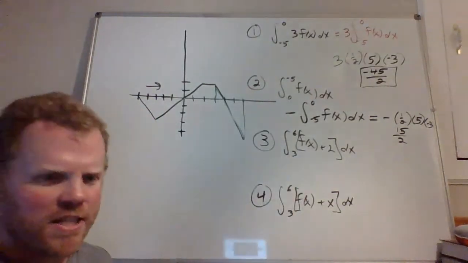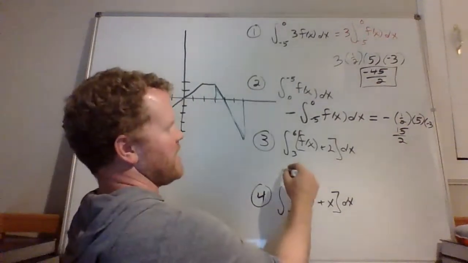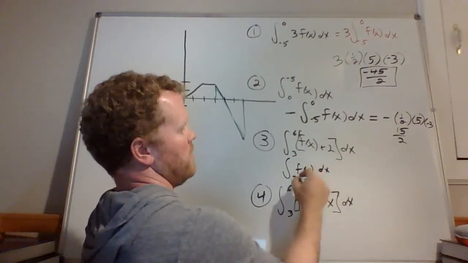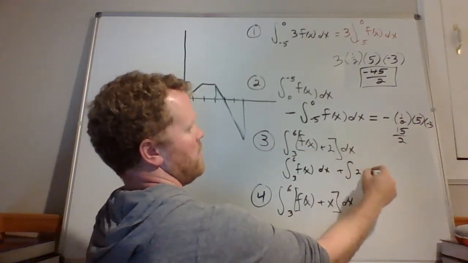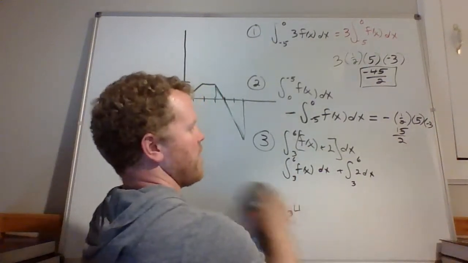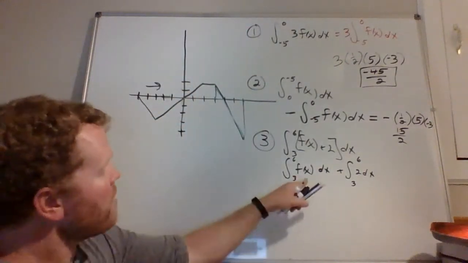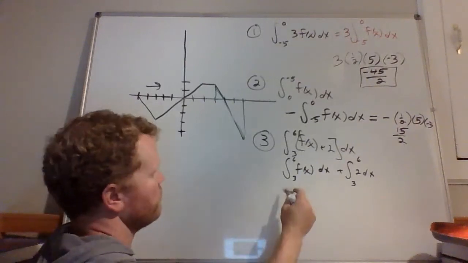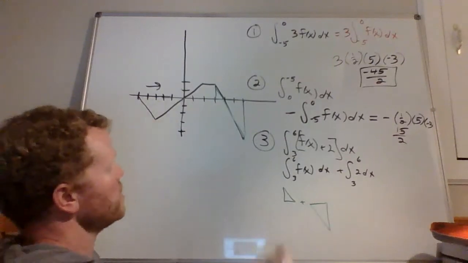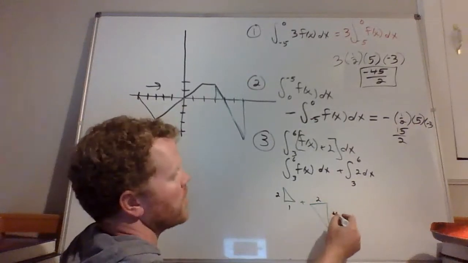But f of x plus an extra 2. So what that's basically doing, if we use that other property that says, hey, we can split this up, we just want to find that area. So that we can do, it's just a triangle plus another triangle. So that's just 1 by 2, and that's just 2 by 4, except it's down, so it's